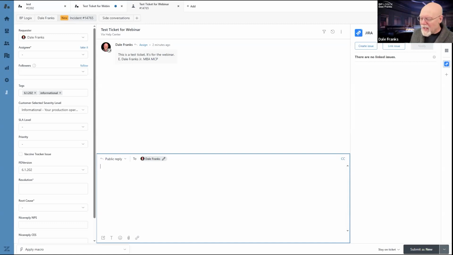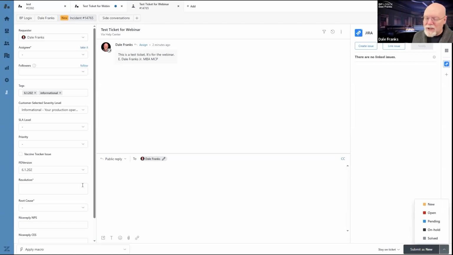Let's talk about statuses that you're going to see. Now, this ticket is a new ticket. New tickets and open tickets are the same thing. The only difference between new and open is that if it's a new ticket, there's been no action taken on it at all. An open ticket and a new ticket as well are tickets that are in the support queue. So as long as they're in the support queue, SLA timers are ticking and talking.